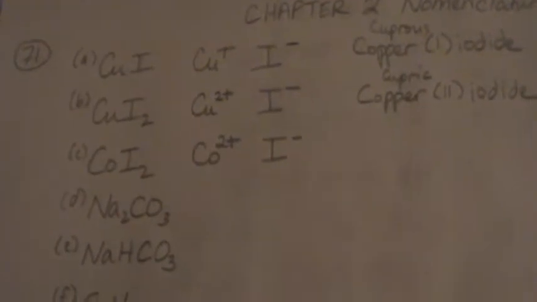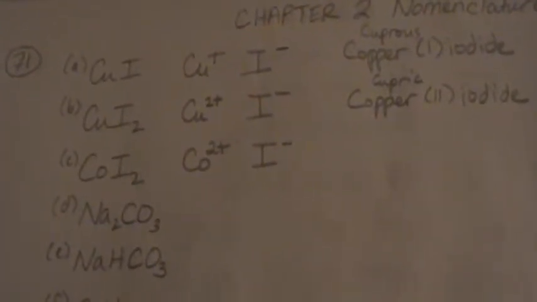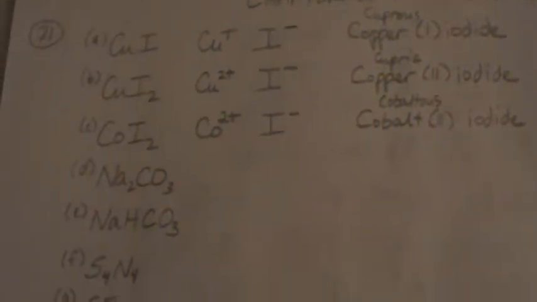CoI2. Okay, so we have I minus again, that's going to stay the same. And if there are two of them, then that means that we have a 2 plus for the cobalt. Now, cobalt has 2 plus and 3 plus. So this is cobalt 2 iodide. And it's going to be cobaltous, if you're going with those common names. I'm just tossing them in. Okay. The next one,